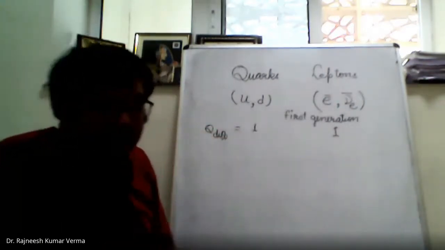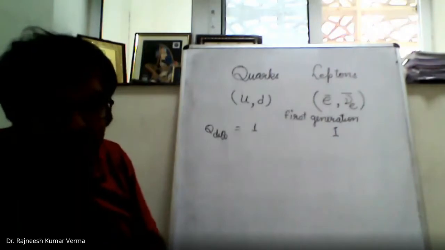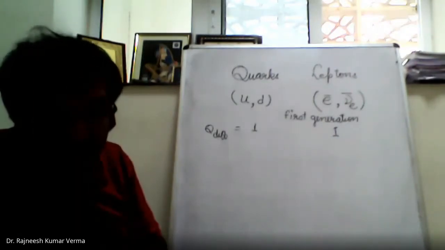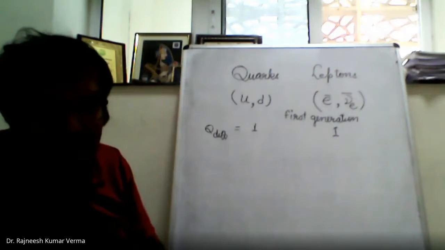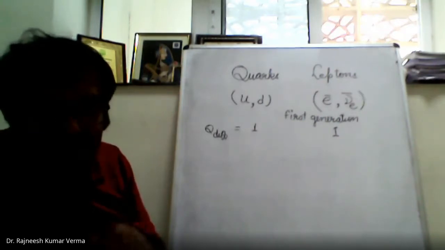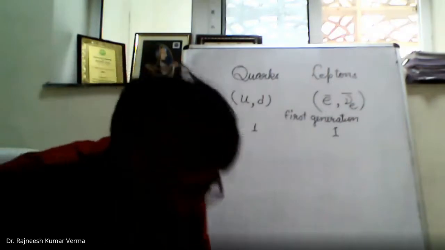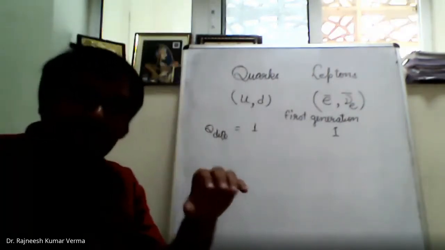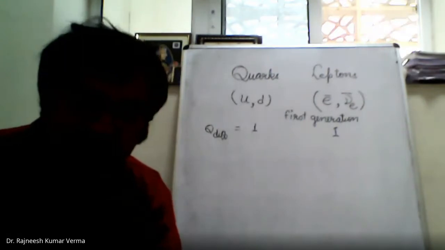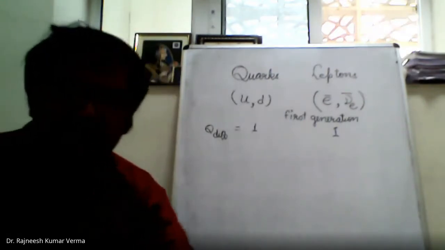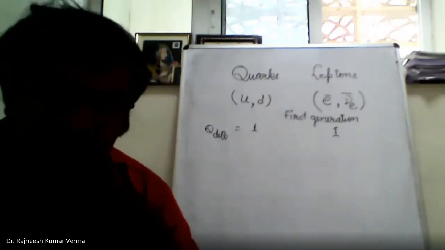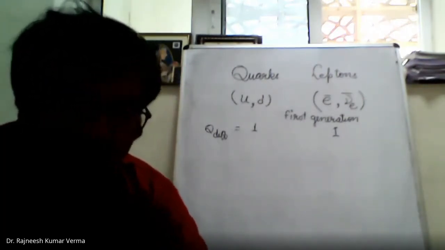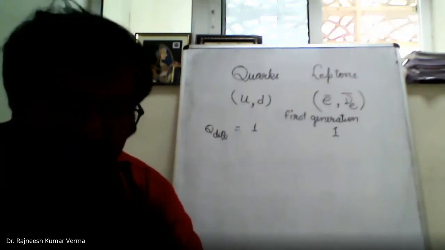Then later on, it was discovered that, as I discussed in particle physics also, some of the strange particles were discovered. And some of the particles discovered have charm as a quantum number. Therefore, in these particles, what we require is a different kind of quarks. Those different kind of quarks were strange and charm quark.